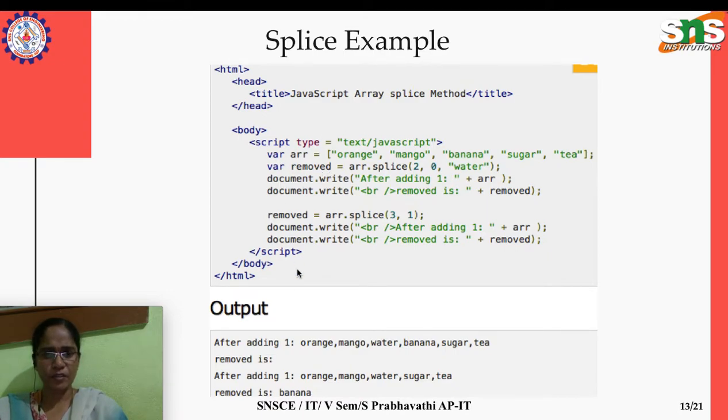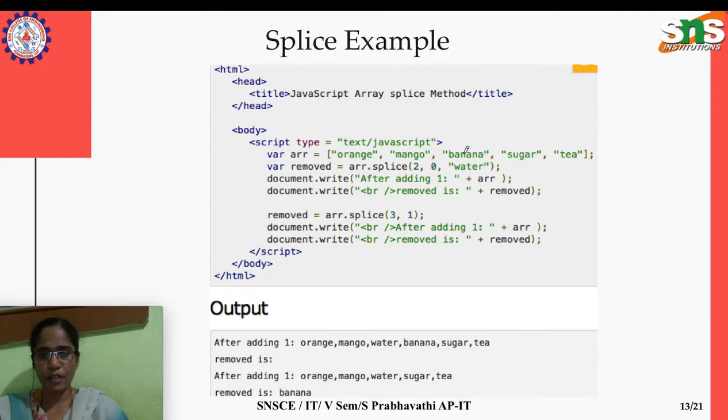And here what's happening regarding this splice: we have an array of these many items, and the variable removed is equal to this array dot splice 2. Whenever we add or remove, we have to mention the starting position. So this is the index position, 2 means 0, 1, 2, starting from this banana.